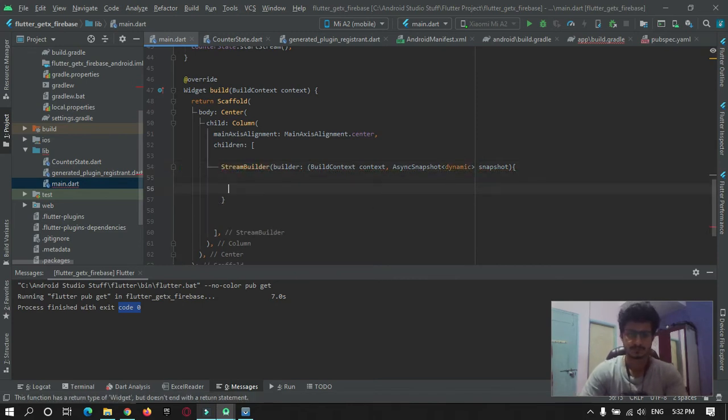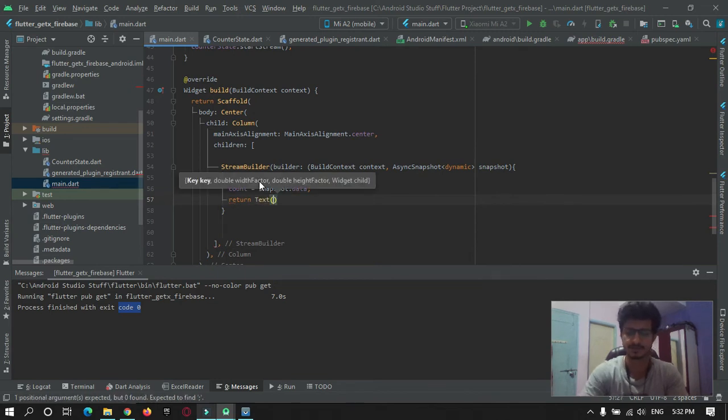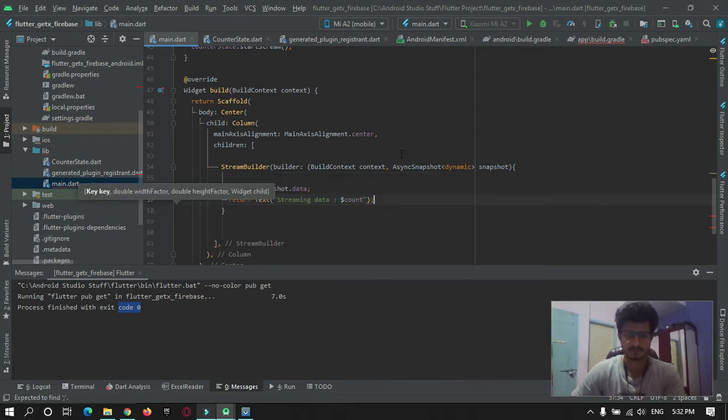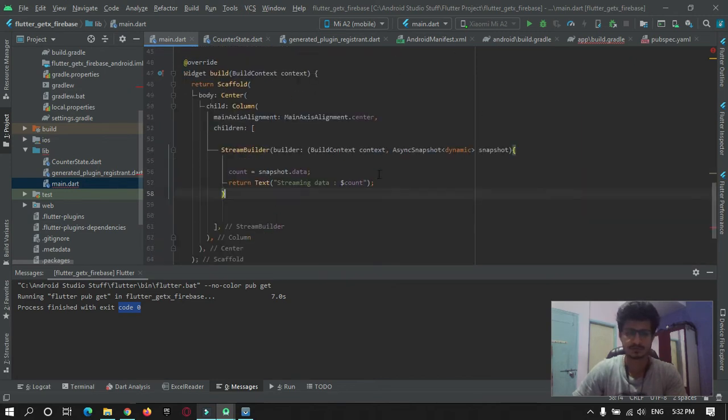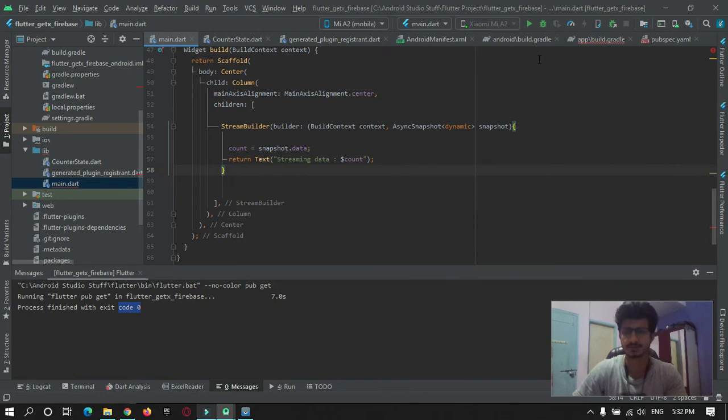Then count will be snapshot dot data, and this will return a Text widget that will be printed on the screen. Okay, so I will just run this app now for testing if the data is being fetched or not.